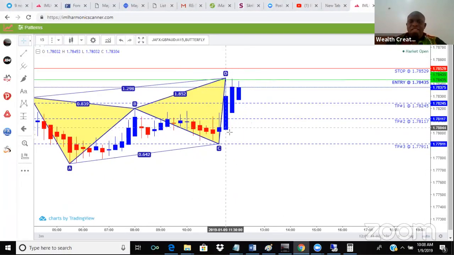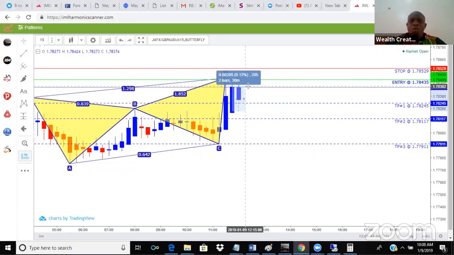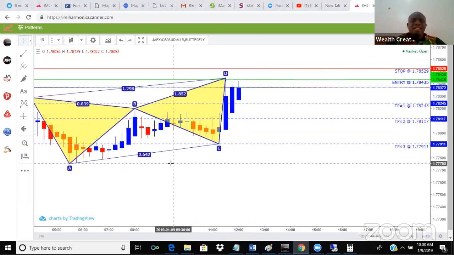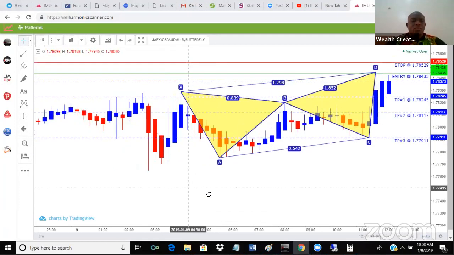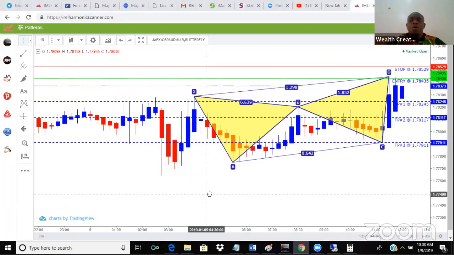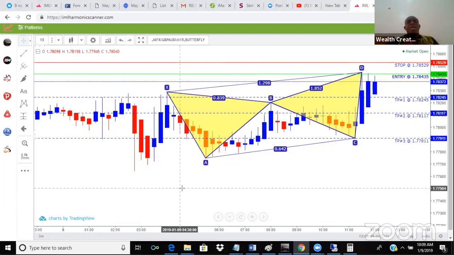So here we go. Let's go together. You can see that there is a blue flat bottom here, and immediately when that happened, there is a continuation up that went as high as 20 pips. There are days, and you don't trade this alone, because there are days that a flat top or flat bottom will not go in the expected direction. But the advantage is this is added to the settings.